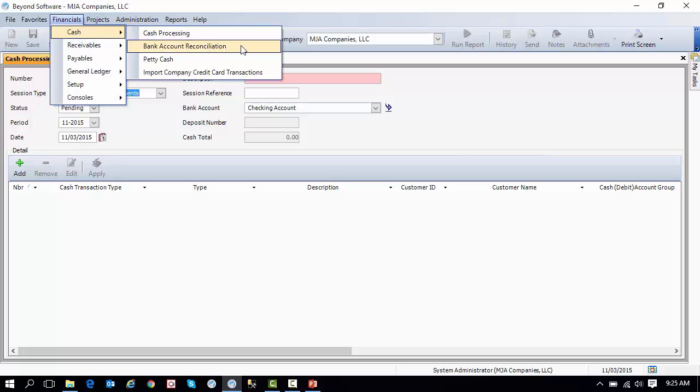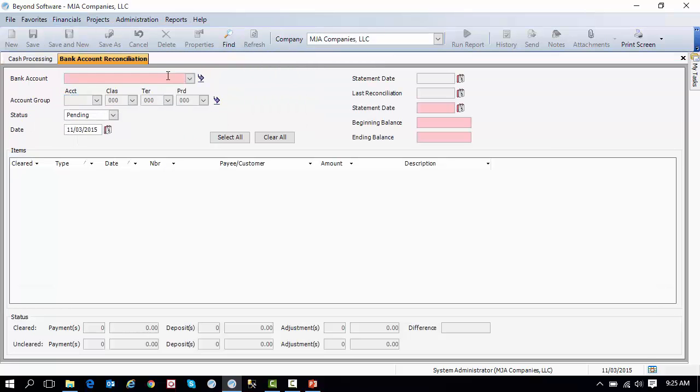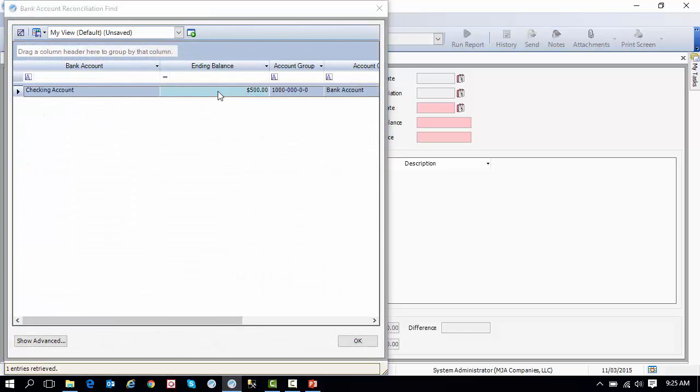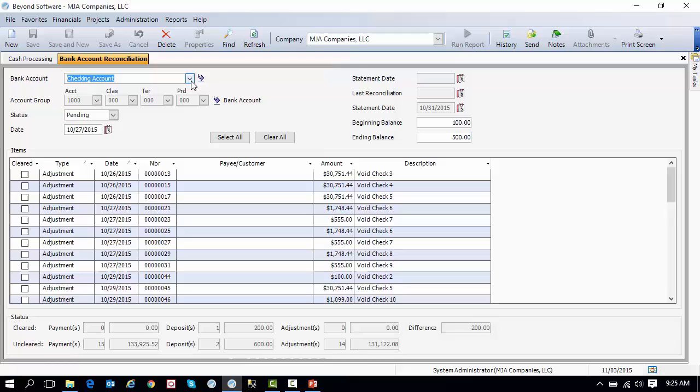Next screen is bank account reconciliation. This screen provides you the ability to reconcile your bank accounts. You can either start a new one or select an existing reconciliation. And you can select what bank account you want to reconcile, the beginning balance, and the statement date and the ending balance. And Beyond will display to you a list of all the transactions that were processed